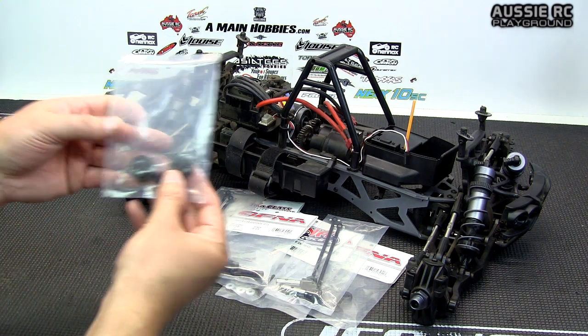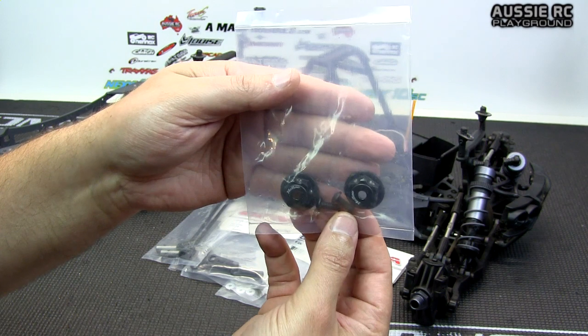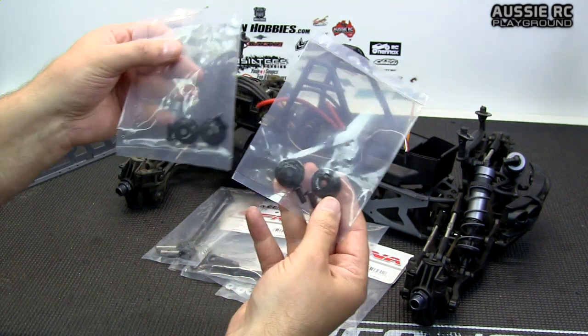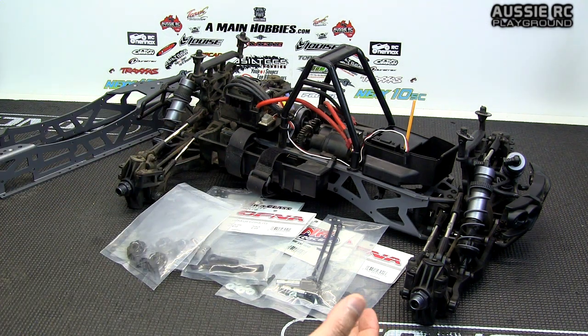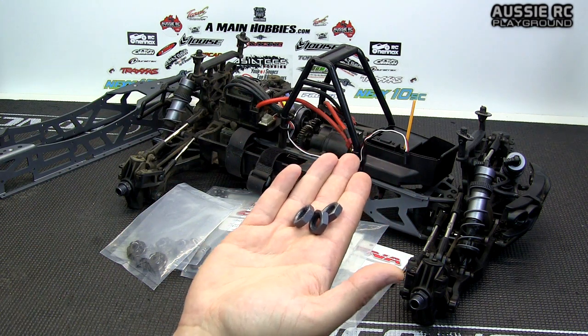And they also sent me out some new wheel nuts, which actually come with a couple of securing screws as well. I've never used wheel nuts like this before, so this is going to be very interesting to fit them on. So I've got two pairs of those, obviously front and rear, and it's a good thing that that's happened too, because these are the original nuts that the truck comes with, and I actually lost one of them,